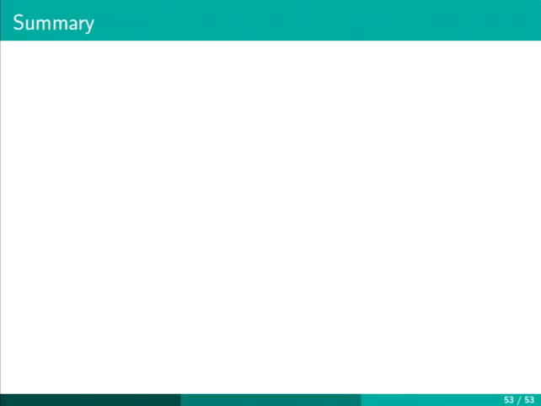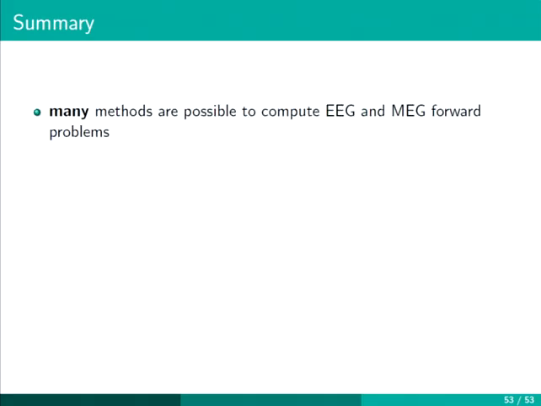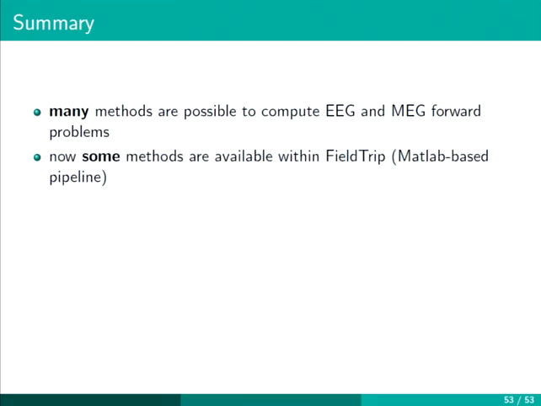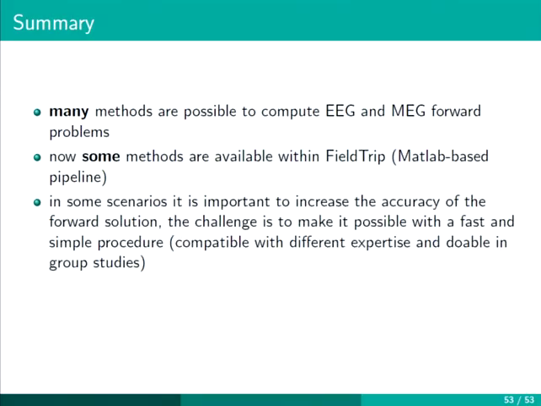So, as a summary, I might say that there are many methods that are possible to compute the EEG and MEG forward solution. Now, some methods are available within FieldTrip, that is a MATLAB-based pipeline. In some scenarios, it is important to increase the accuracy of the forward solution, and the challenge is